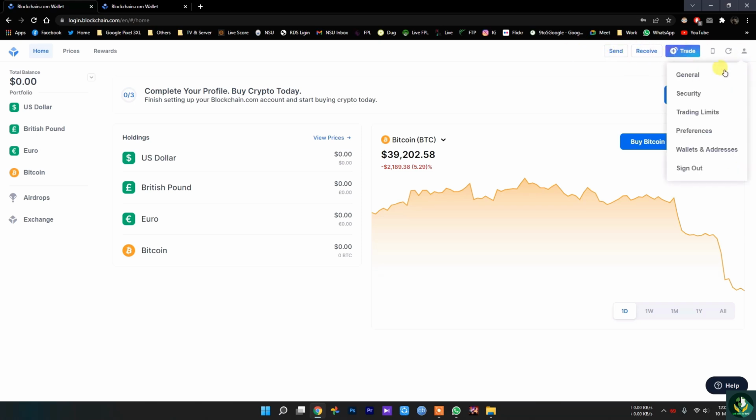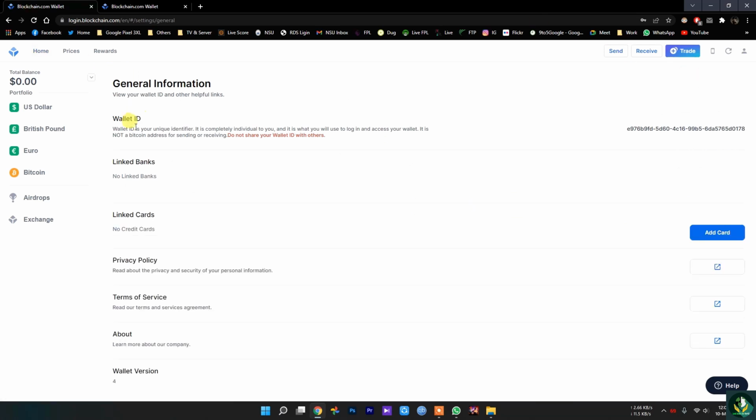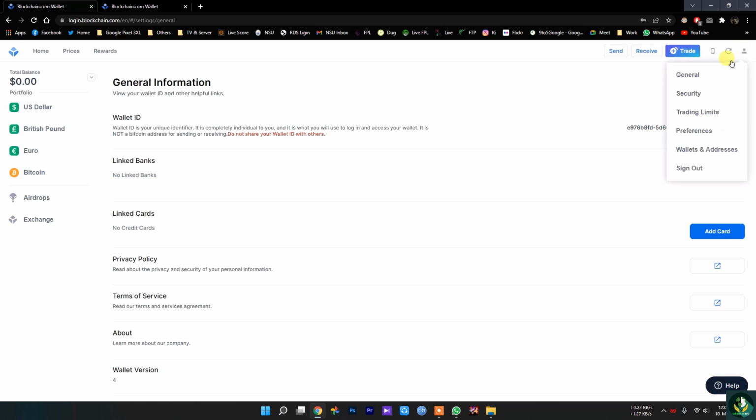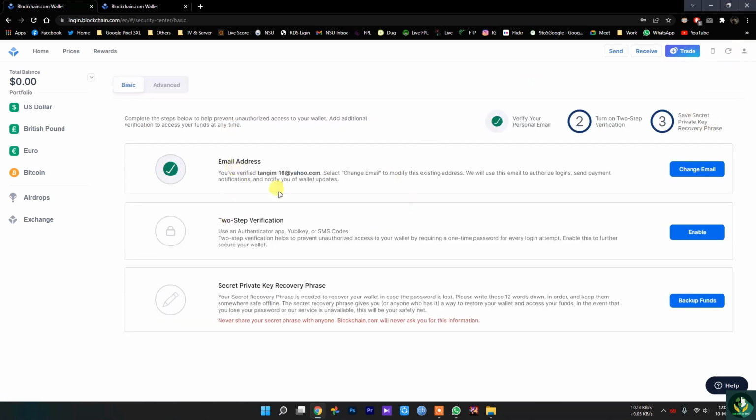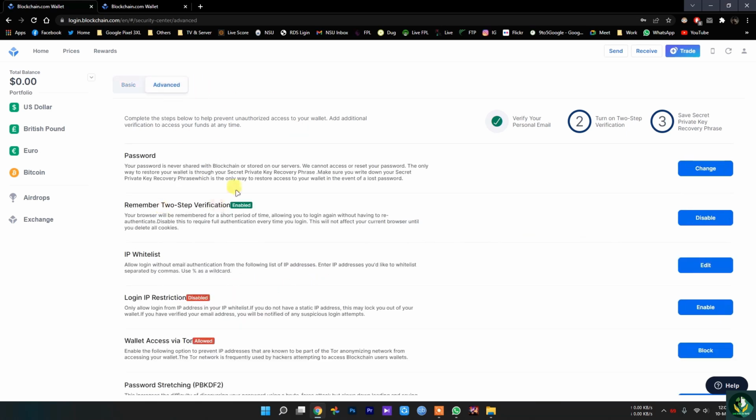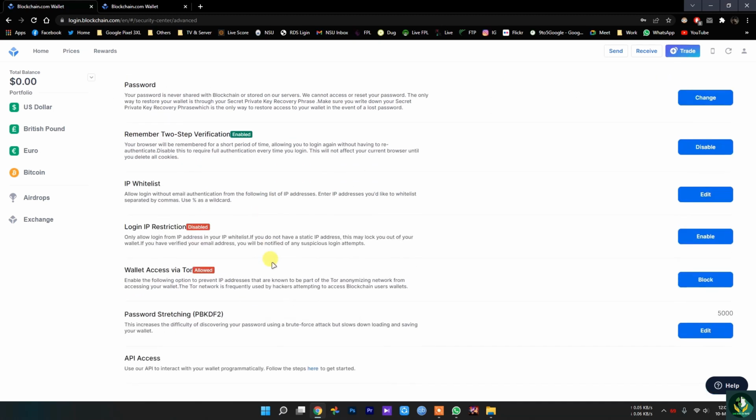You can also go to general and add this as your wallet ID, and even link banks and cards, and you can learn about the privacy policy and terms of service. And under security, you can have email address, two-step verification, private key recovery, and also some advanced security. It's nice to see this website gives you a lot of advanced security so that you don't face any problems in future.